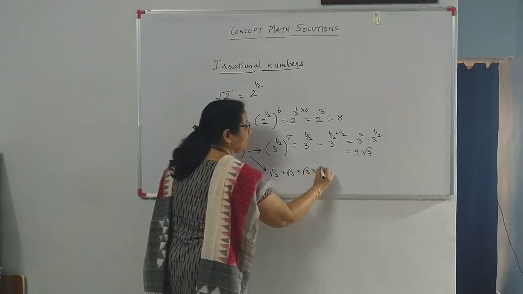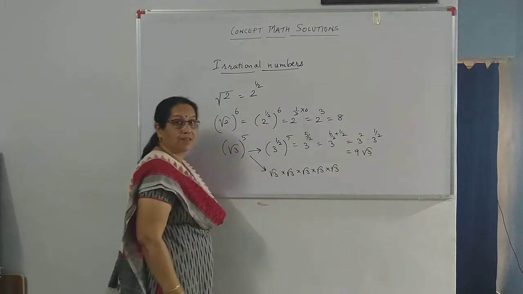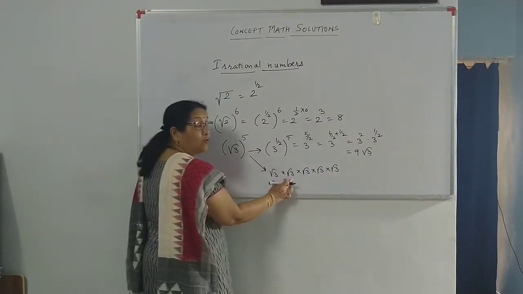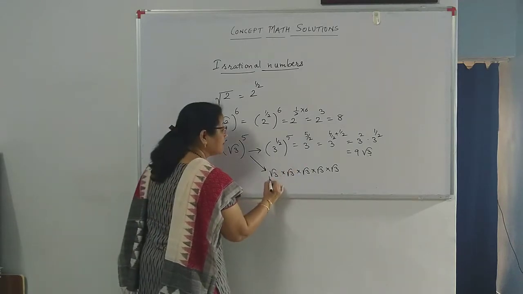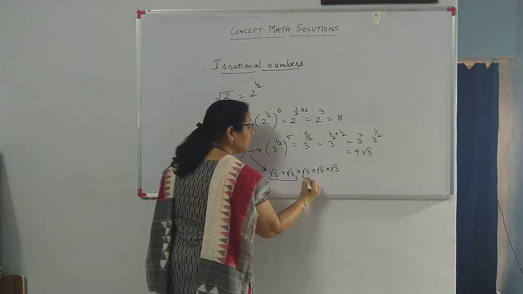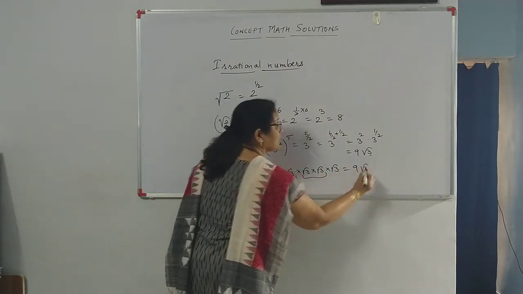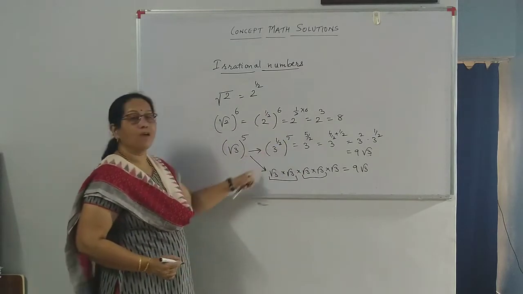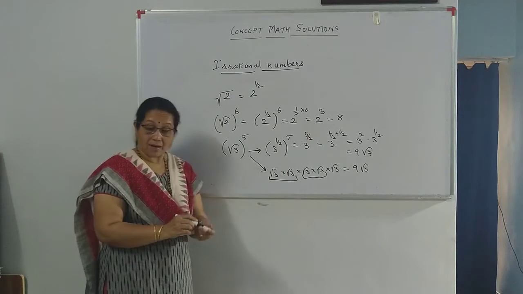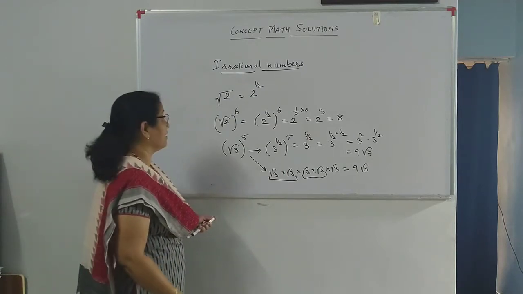into root 3 into root 3. Many of you will find this to be easier, but you should know this also because that's what is teaching you mathematics. Now root 3 into root 3 is 3. Again root 3 into root 3, 3. 3 3s are 9. So that answer is 9 root 3. So whether you go this way or this way, answer is going to be the same. Right? I am going to work on some more questions for simplification like this.